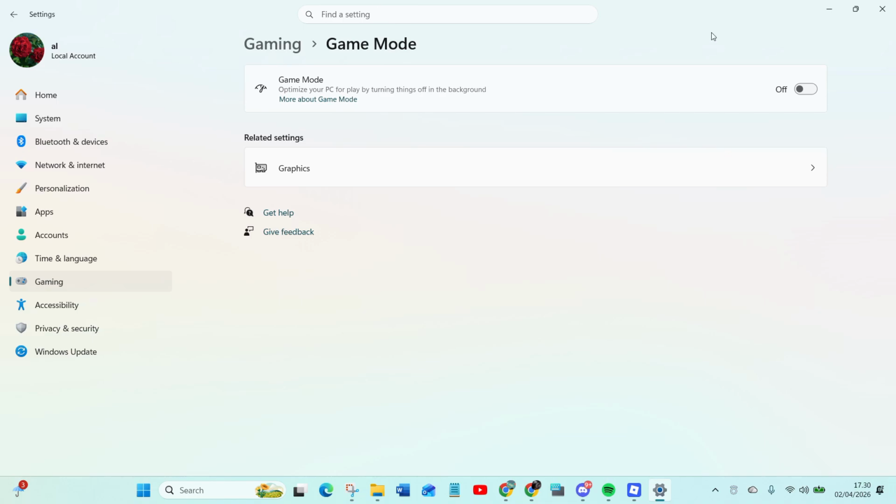So by default, your game mode is off. If you want to enable it, you can just tap on the toggle in here, and now you have optimized your PC for play by turning things off in the background with game mode active on your PC or laptop. It's very simple, right? So that is how to enable, how to turn on game mode on your PC or